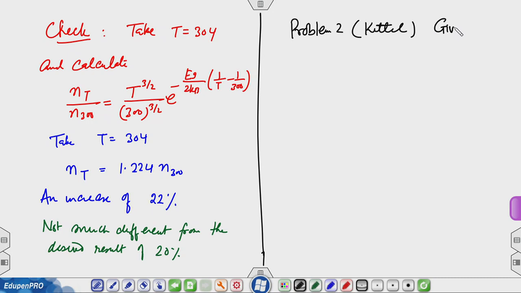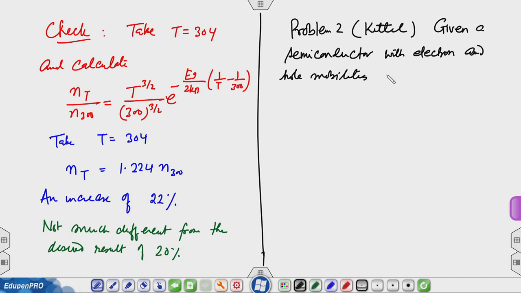Given a semiconductor with electron and hole mobilities mu_n and mu_h respectively,